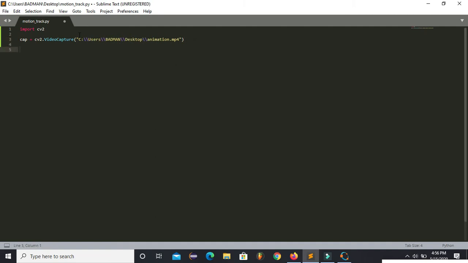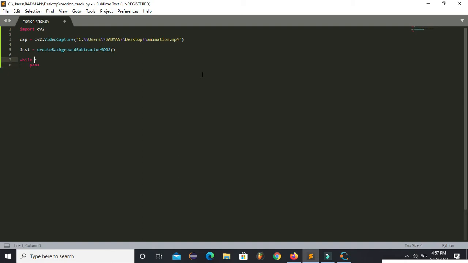Now I will use a while loop. Before using the while loop I will import the method createBackgroundSubtractorMOG2, and here I will use a variable to store this.